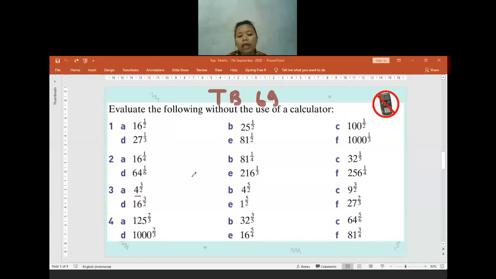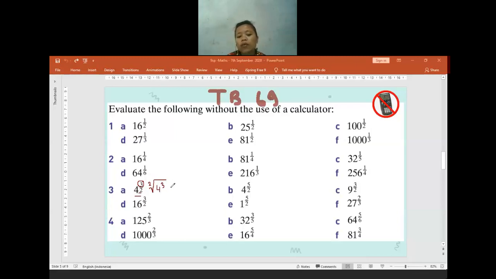So you can write the 4 in here. You can make it as 4 to the power of 3, because the numerator will be the power, and the denominator will be the root. The number 2 in here will be optional for you. You can write it or not, because if you only write root of 4 to the power of 3, you know it is a square root.